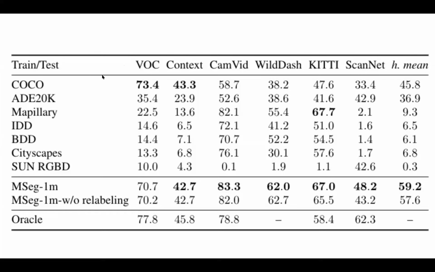And what you'll see is some single data set models have really good transfer properties to specific data sets, like Pascal VOC, which is basically a predecessor to COCO. COCO is very related to it, and there's a very good prior there. But it'll fall off pretty dramatically on other data sets. Especially, SUN will do very well indoors, but it will not do well in a driving data set. But instead, our MSEG model is able to sustain consistently high performance across all of these different test data sets, and the harmonic mean is significantly higher than the best one you could get from a single data set,